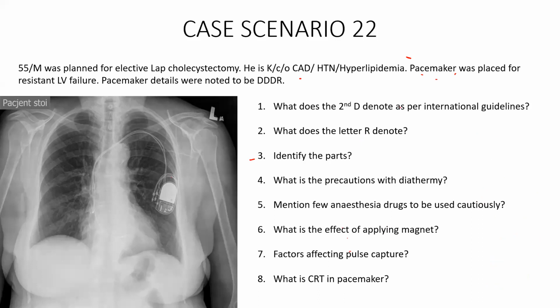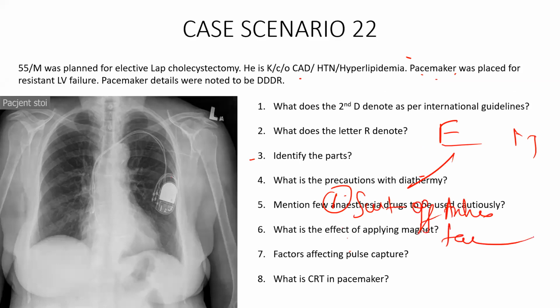Okay, so let's take elective surgery and emergency surgery. What happens in elective surgery? You have to make sure of two things. Find the type of the pacemaker and why it was inserted. The first thing you have to suspend is to switch off the anti-tachycardia function. Anti-tachycardia function means that when the patient is having tachyarrhythmia, the pulse generator will give a shock.